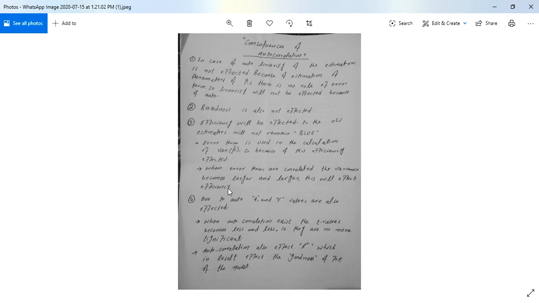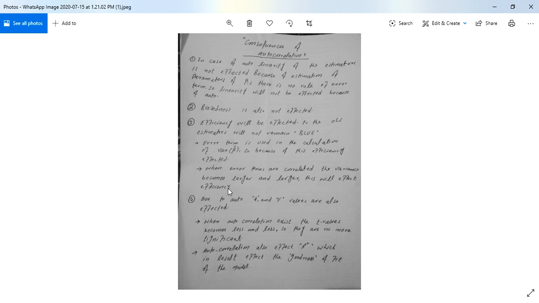This will affect the efficiency. So autocorrelation does not affect the linearity of the estimator, does not affect the unbiasedness, but does affect the efficiency of the estimator, because the error term is used in the calculation of the variance of the betas. When the error term increases, it will increase the variance of beta hat.